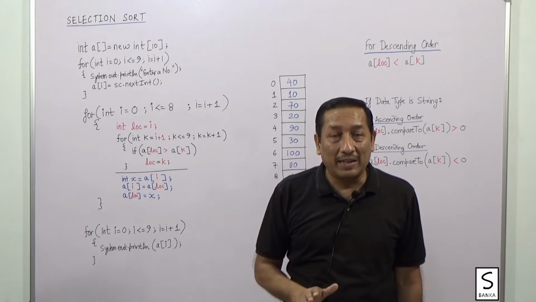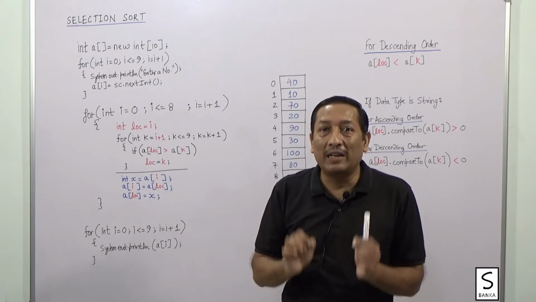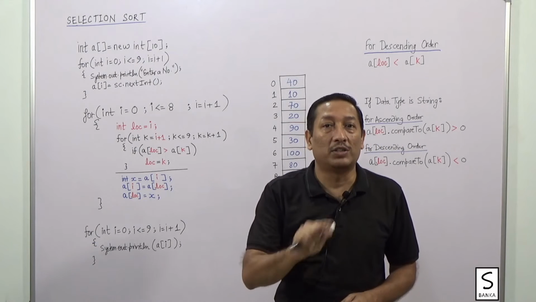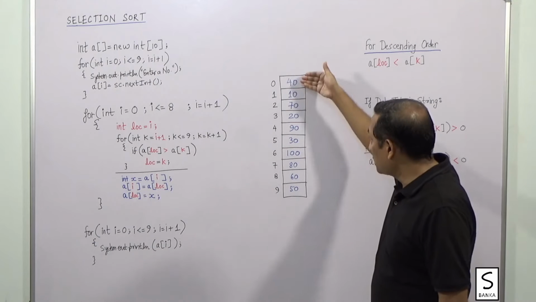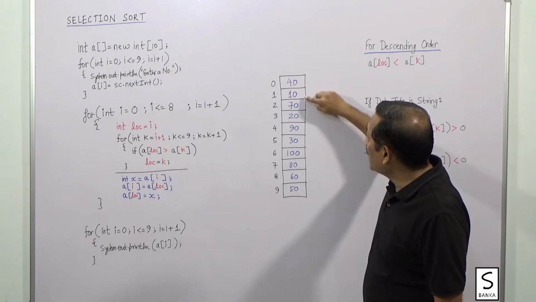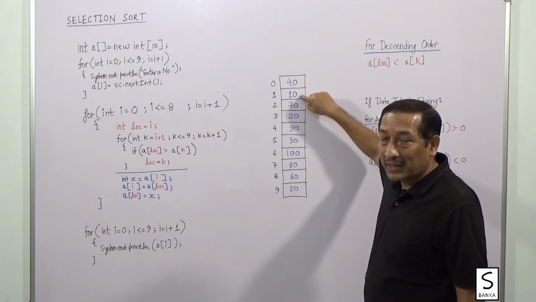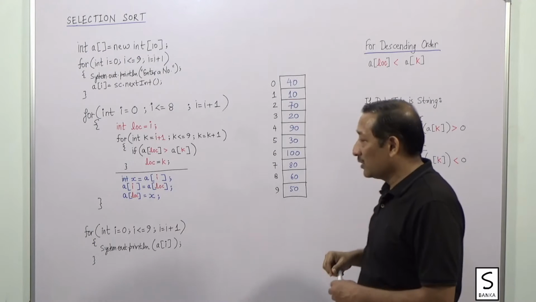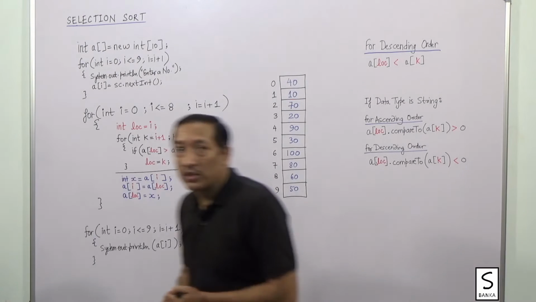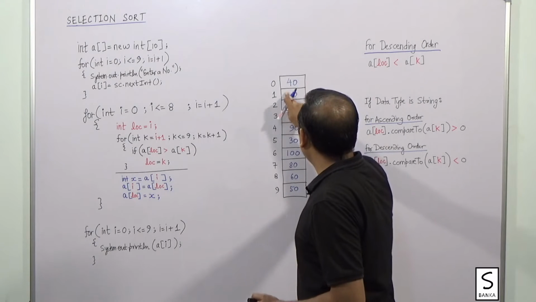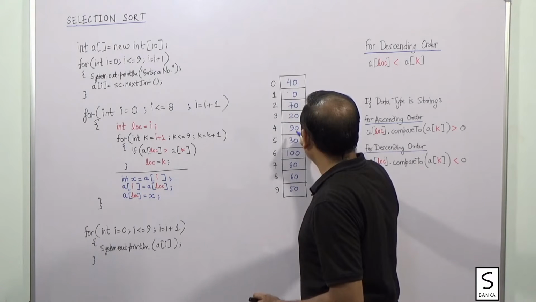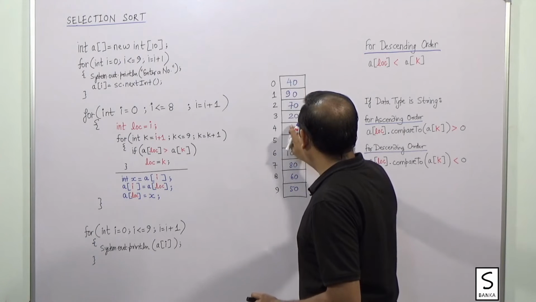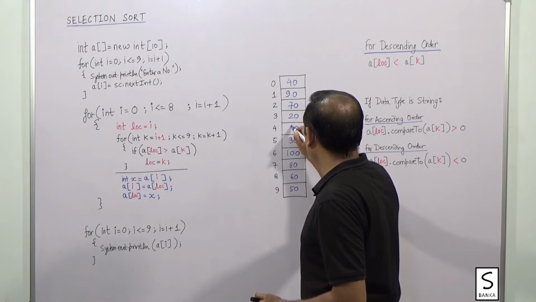Simple. So instead of, as in bubble sort, comparing two consecutive data and swapping them, the selection sort technique simply tries to identify the location of the smallest data. For example, in this program you can clearly see that the smallest data is 10. Now coincidentally it is at location 1. We'll just do one thing. We'll change the location to make the program more readable. So I'll make it say 90 here, and in place of 90 I will write 10.